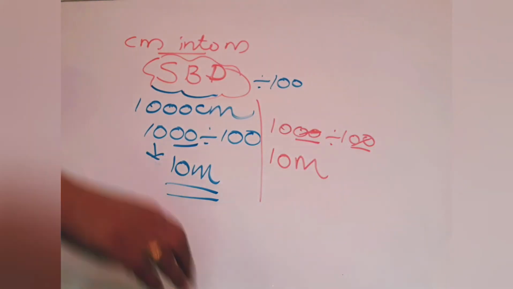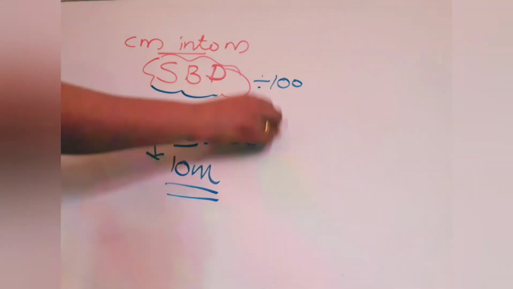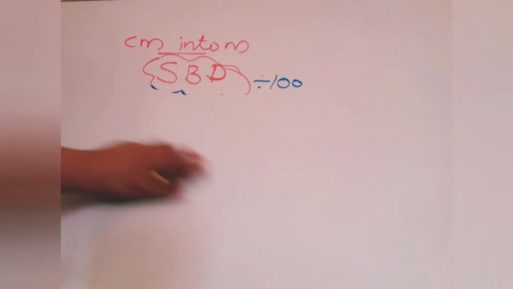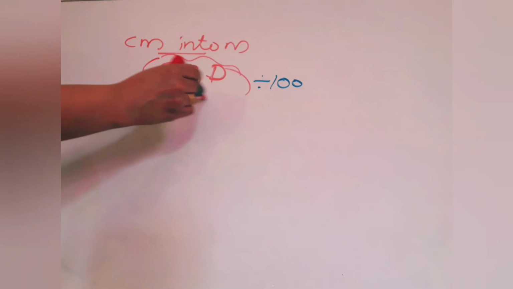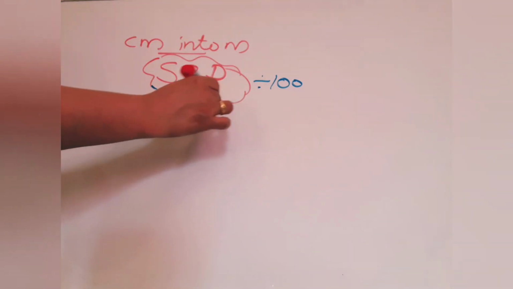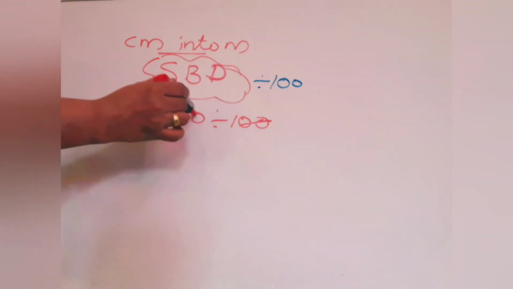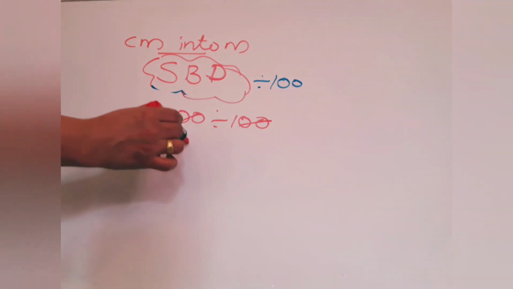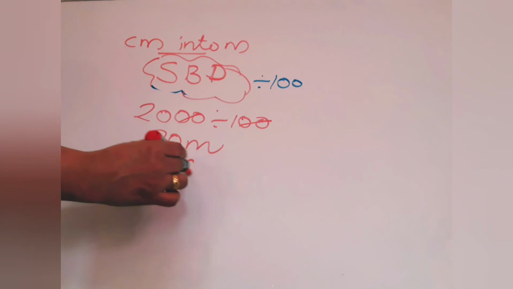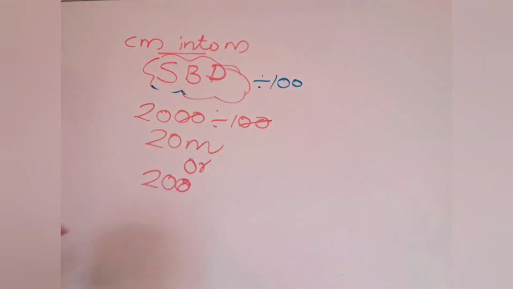If you are having confusion in this, I will show one more example. But only intelligent children can apply this, because other children will use the same trick for all, then they will get a wrong answer. For example, if it is 2000 divided by 100, you can cut these two zeros, then the answer is only 20 meter. So you can use the cutting method only with zeros. If other numbers come, you cannot cut like that.